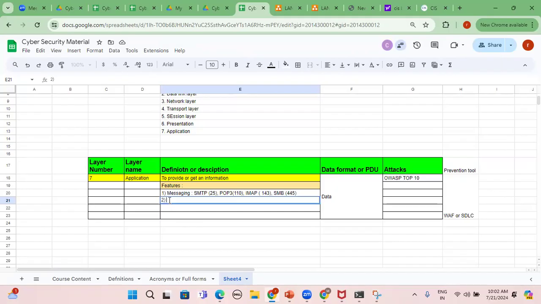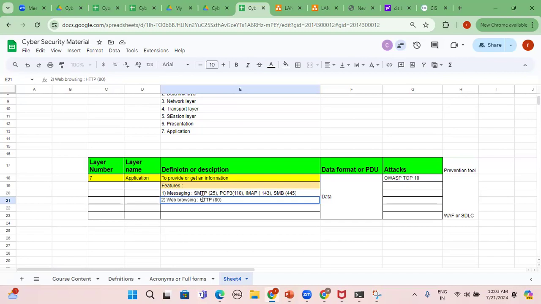And the second one is web browsing purpose, for which we also use the application layer. Web browsing related protocols are HTTP, port number 80. It's a dangerous protocol because whatever communication we make through HTTP is not safe and secure. It will leak our confidential data, because the data is in plain text or clear text. So if we provide our data on HTTP websites,